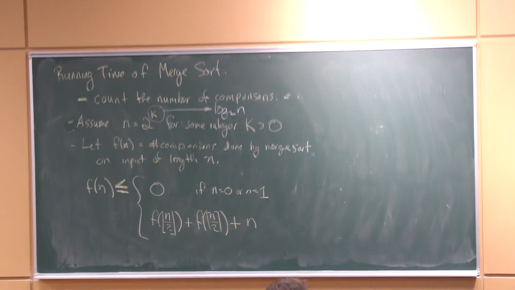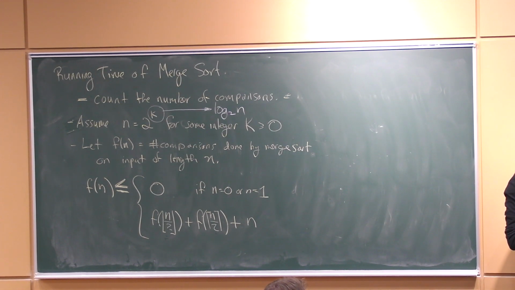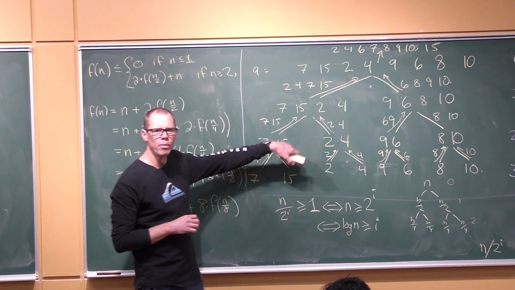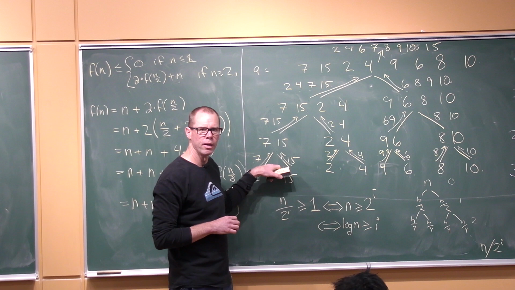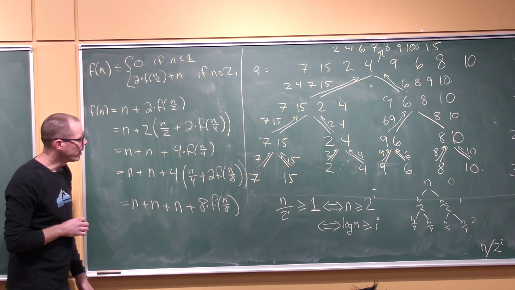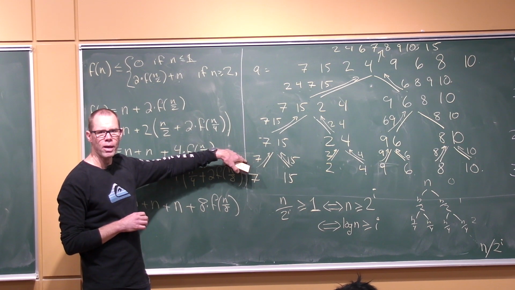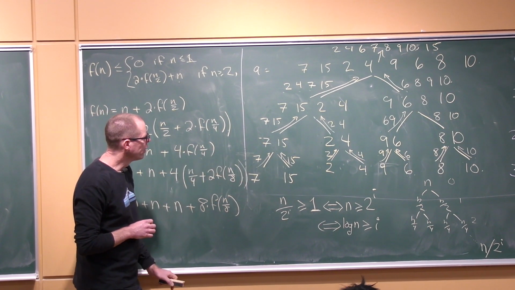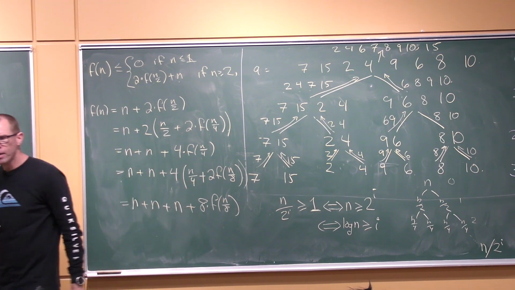We have to be careful with what's happening at the very ends here. Like at the bottom level, when i is equal to log n, that's a bunch of subproblems of size 1, right? It's just little singleton lists. No comparisons actually happen down there because those just return immediately. So we just make sure we're not off by 1, and the best, safest way to do that is to